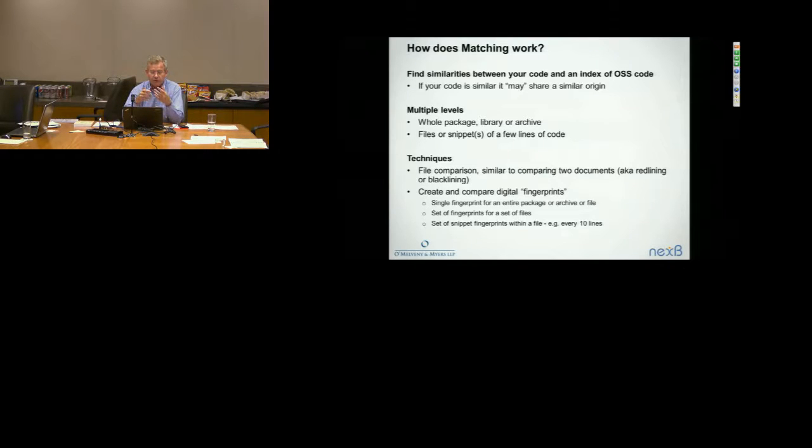And the thrust there is to say, if there are two files which are similar, they may share the same origin. It's important to say "may," because there are many cases where you can have files which are very similar, and they have absolutely no origin in common. As an example, if you as a developer use Microsoft Visual Studio, which is a very common tool for editing and writing code